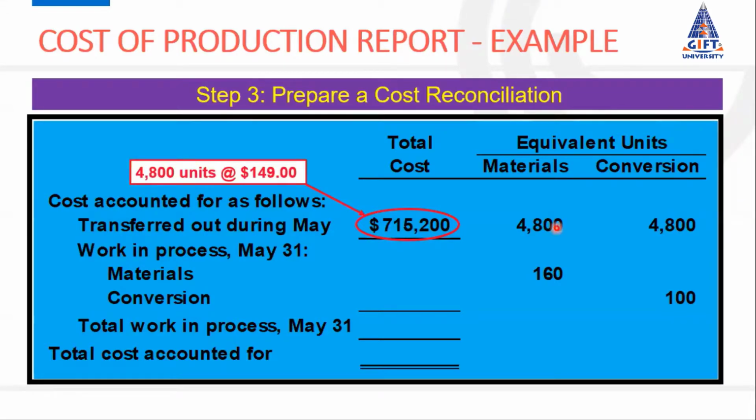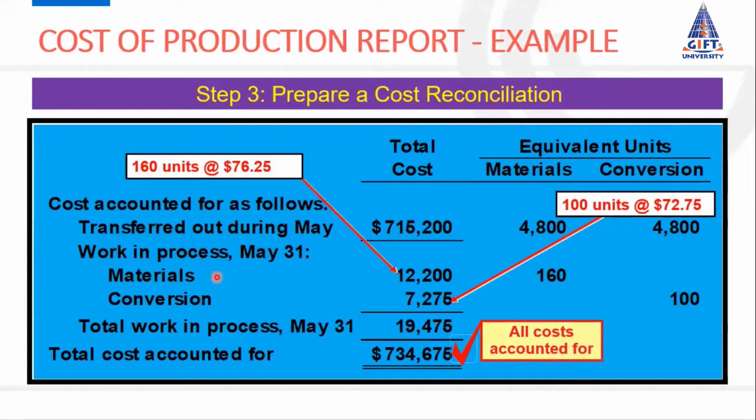So this is basically 4,800 units, 100% complete. So 4,800, multiply them with the individual cost, and we will also get this figure. So simply, it is 4,800 multiplied by 149. That's basically the total cost of completed units. Then the other units are 400 units which are in process. For the 400 units, some cost has been consumed as material cost and some cost has been consumed as conversion cost. Because the percentage of completion for the two cost elements is different, we will show different figures for both of the items.